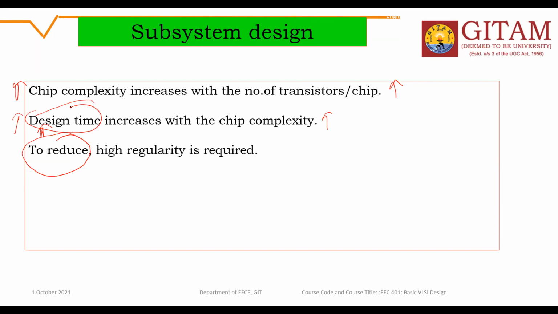The ultimate thing is design time. More design time is not good, because the technology window is only 8 weeks. After that, new technology will come into the market. So to encash the current technology, we must come to the market as early as possible. Because our technology window is very narrow, we must keep the design time as little as possible.